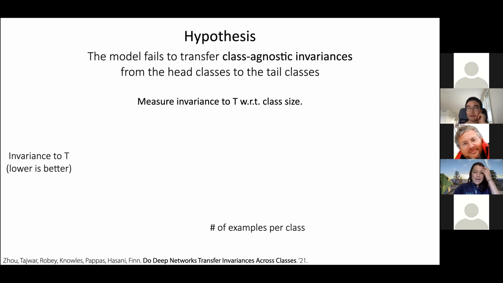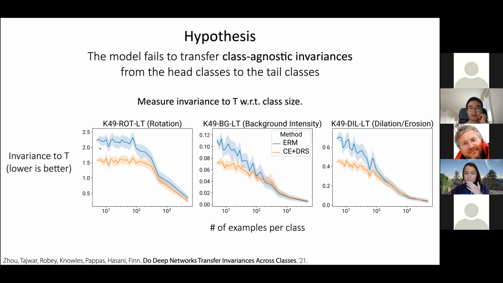We're going to measure this invariance as a function of the number of examples per class. And if it is transferring invariances across classes, then we would expect to see a very horizontal line. Whereas if it is not, then we would expect it to have worse invariance, or a higher number, for the small number of examples and a lower number for the large number of examples. And we see exactly that latter trend, where when you have a lot of data, the model is accurately able to be invariant to this transformation. Whereas when you're in parts of the distribution that have a very small number of examples per class, it isn't invariant to these transformations.